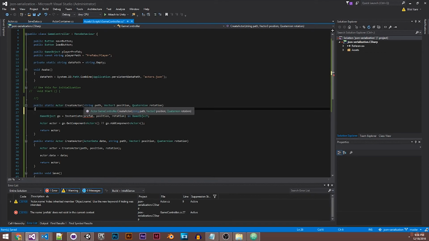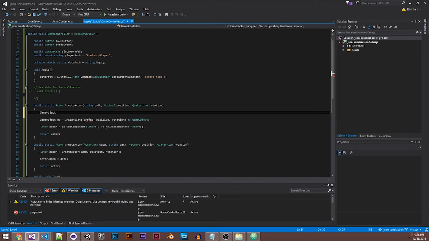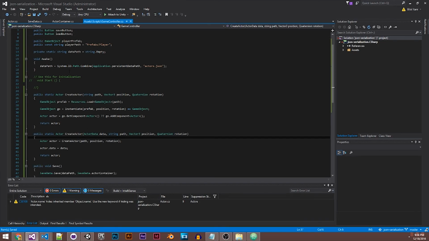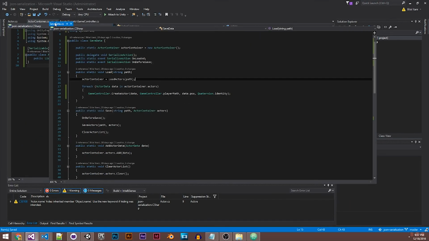We'll just do game object prefab equals resources dot load game object at that path, and then we'll just load the prefab from a string rather than using our function over here. Okay, so now that that create actor function is done, which is basically going to create an actor using this function and then store its data, we can go back in save data,